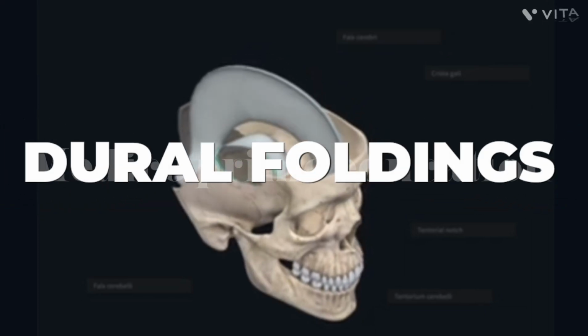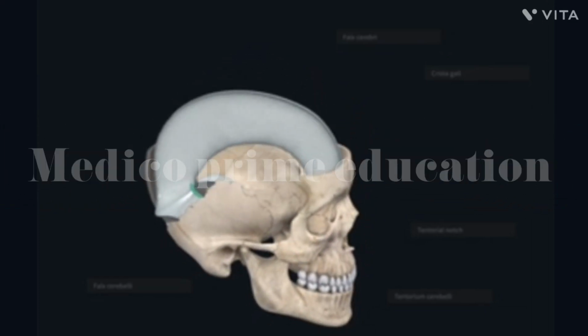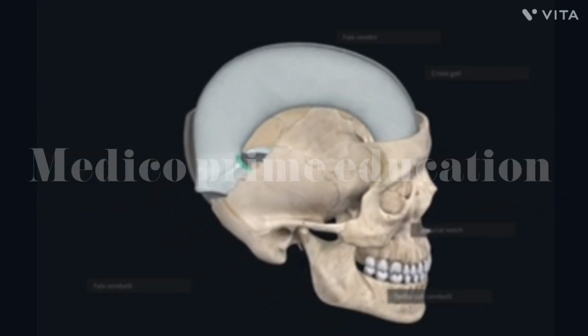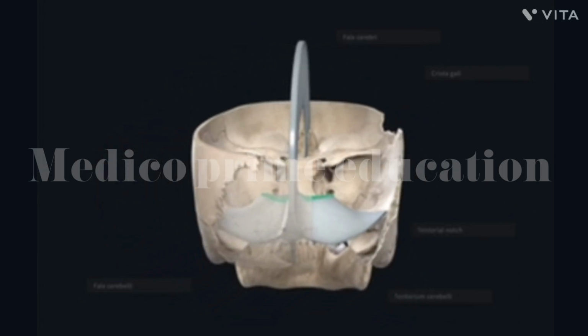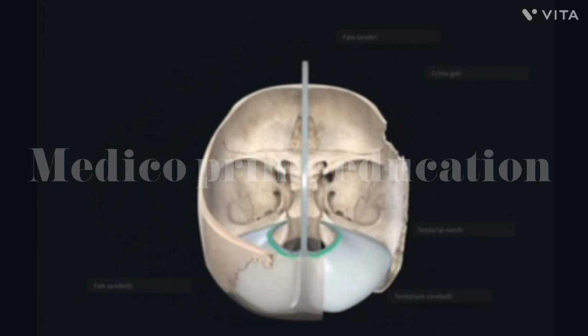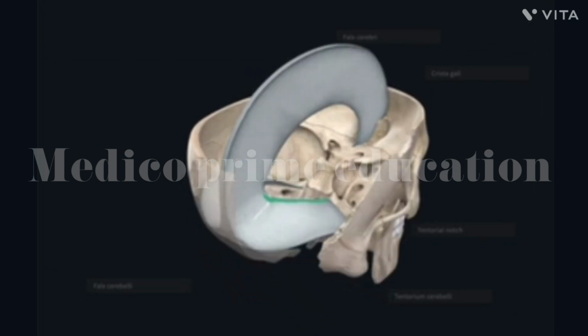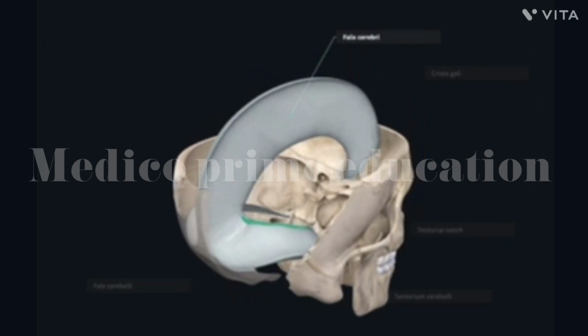The dural infoldings, otherwise known as meningeal infoldings, are going to be positioned between the large gaps within our brain known as fissures. We are going to see a dural infolding between the right and left cerebral hemispheres, known as the falx cerebri. Falx actually means sickle, so this is a sickle-shaped large extension of dural tissue extending from the